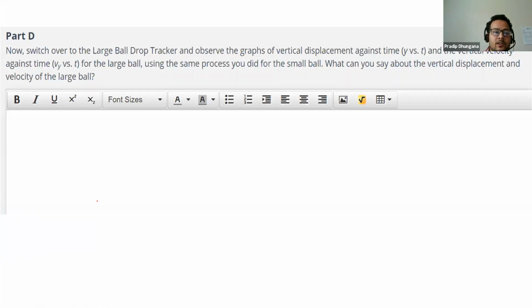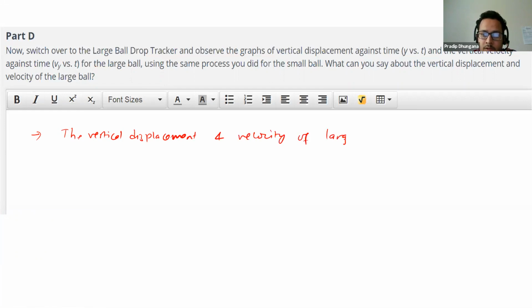What can you say about the vertical displacement and velocity of the large ball? That means the vertical displacement and velocity of the large ball follow, I'll say, let me think about it. The vertical displacement and velocity of the large ball